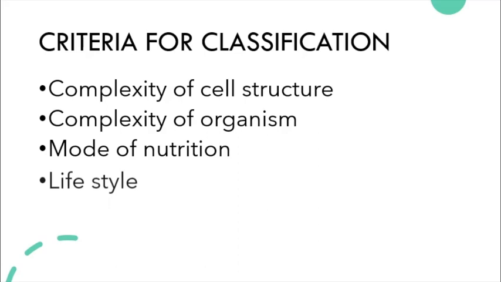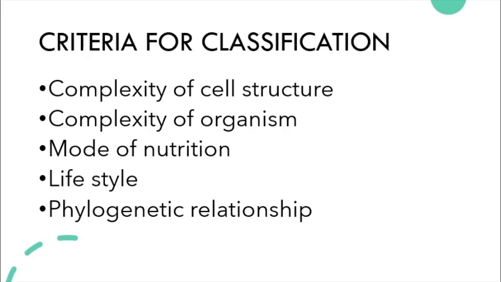Also, lifestyle was considered, whether the particular organism is a producer, a consumer or a decomposer. And the last criterion was the phylogenetic relationship. The relationship between the organisms was considered, that is from prokaryotic to eukaryotic, the evolutionary relationship that comes under the phylogenetic relationship. From unicellular to multicellular, how they have evolved, that relationship was considered. These were the five criteria considered by Robert Harding Whittaker. And according to these criteria, the five kingdom classification was done.